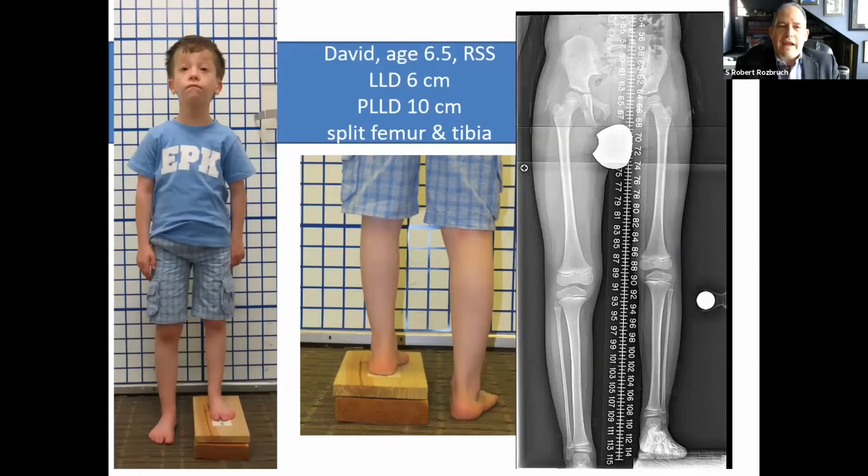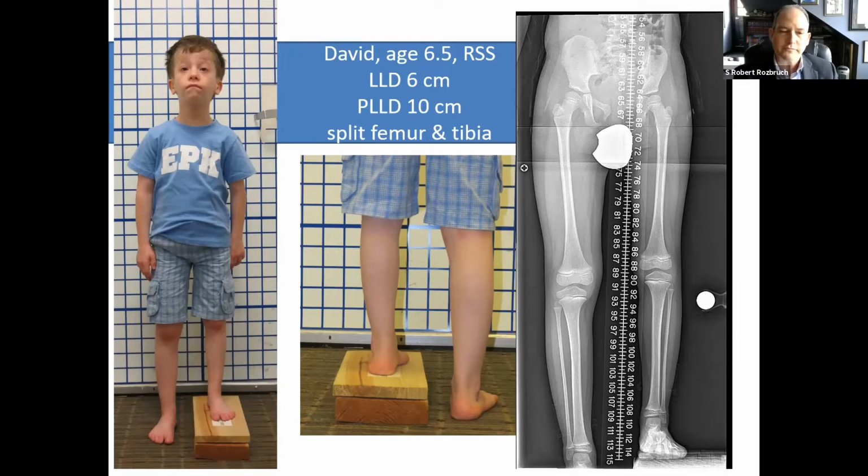So this is David, who at the age of 6.5 does have RSS, and he presented to me with a leg length discrepancy of 6 centimeters. When you plug his numbers into the formula using the multiplier for his age, he has a predicted LLD of 10 centimeters. So my strategy in a child like this, since I'm seeing him earlier than the earlier patients that I showed you,